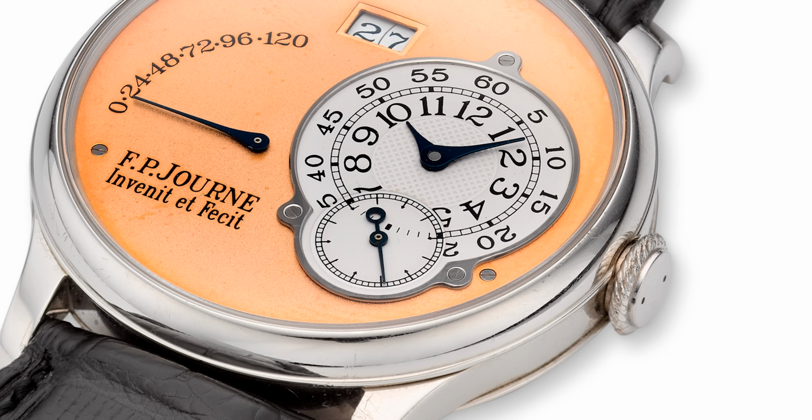Now, with these older Journes, it just feels like it's done a little bit more by hand. There's a little subtle imperfection, and maybe it's a feeling, maybe it's subconscious, I'm not sure, but it's an interesting experience, I think. And if you have a chance, if you go to one of the previews at an auction house or you see one in a store somewhere, I would check out one of the older Journes, because there's something about the depth and how close the hands are to the crystal, that it's super shallow, and it just feels different, right? It feels like someone put this together and it's actually metal and glass,